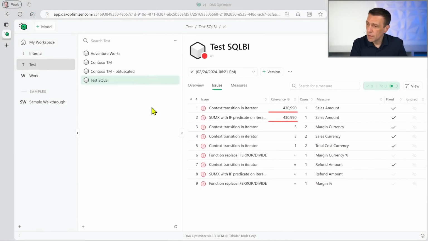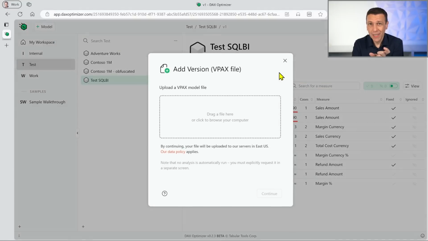And I go back to DAX Optimizer. And you see that now I have a new version of the same model. So what can I do at this point? I simply can add a new version to the model that already exists. So I can keep track of all the versions of the model because I said to DAX Optimizer, I fixed